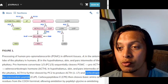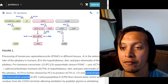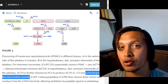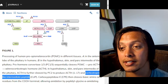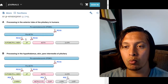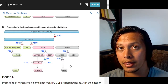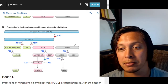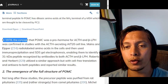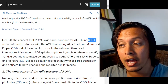And then ACTH 1 to 17 can get processed, and then after processing can get broken down into alpha melanocyte stimulating hormone. And here gamma lipotropin can get clipped into beta melanocyte stimulating hormone. So here you can see that with one protein, depending on where you cut it up, you can get all of these other amino acid sequences that are associated with the peptide. So, continuing, in 1978, the concept that POMC was a prohormone for ACTH and beta-lipotropin